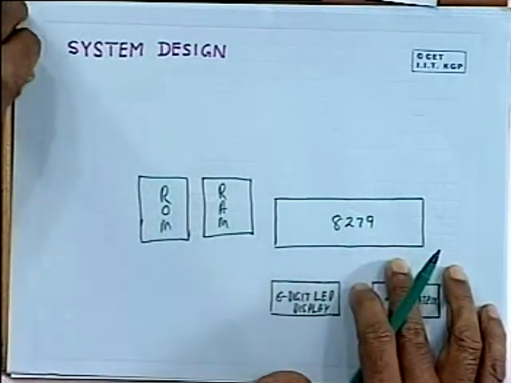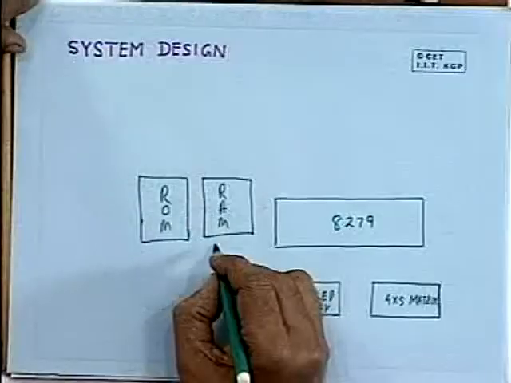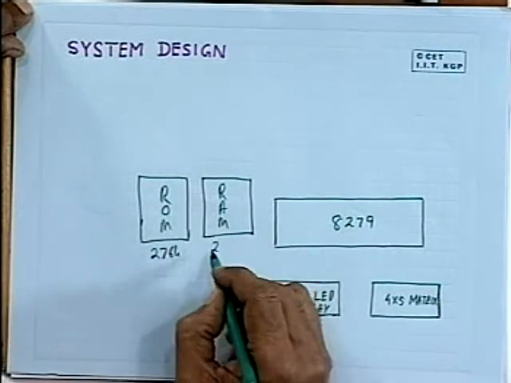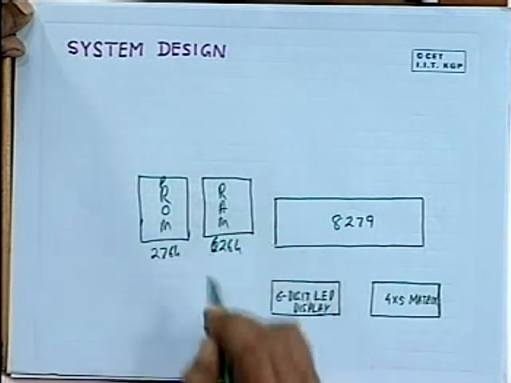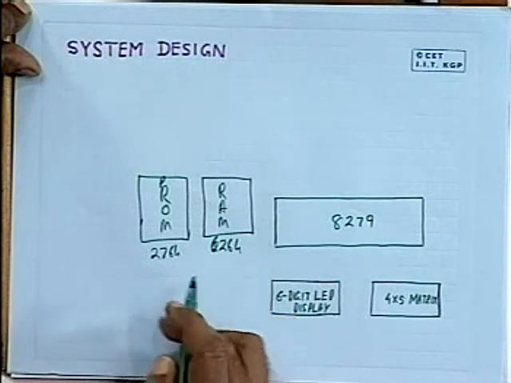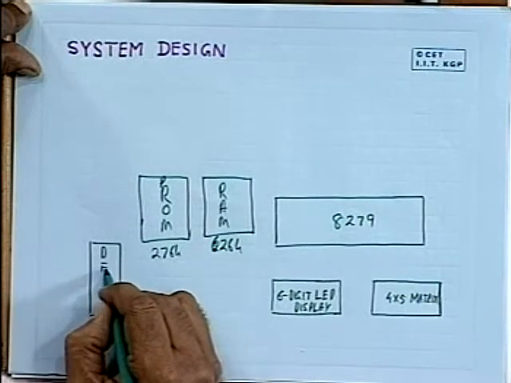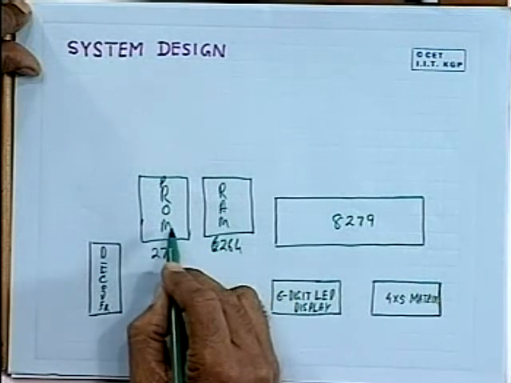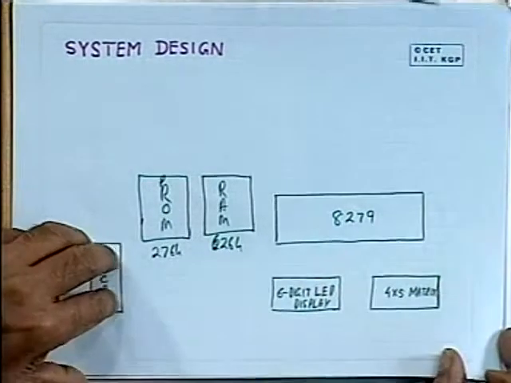RAM and ROM interfacing are to be done, and in this particular case we have suggested that we shall be using the 2764 for ROM and 6264 for RAM. These are of 8K, and you have to use a suitable decoder circuit for selecting the devices. And although we are using 2 such devices, in practice there can be more devices in future. So you have to keep future provision.